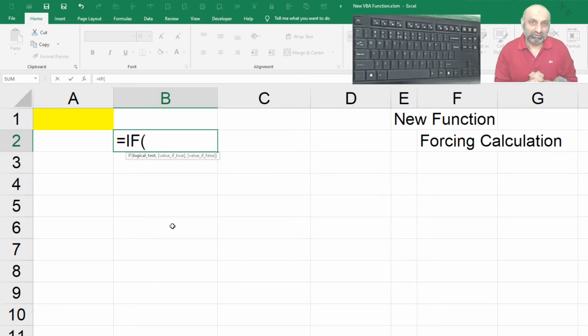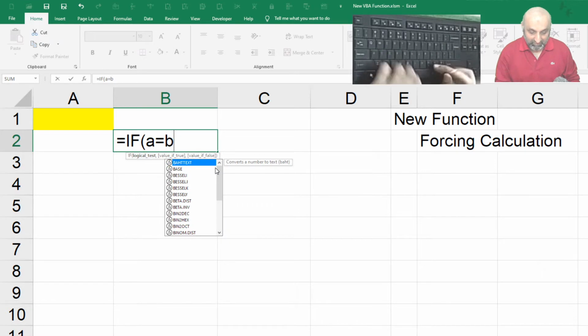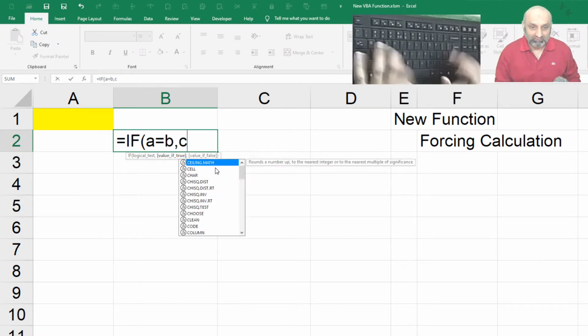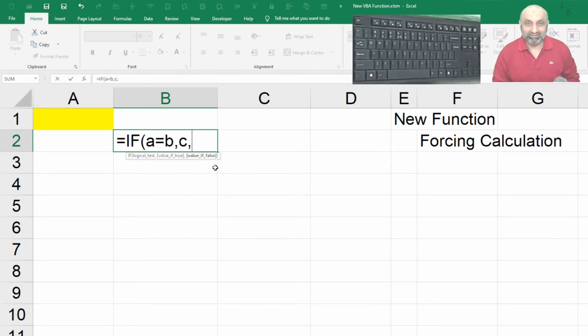The parameters of the if function are separated by a comma. Like if you can see, if logical test, comma, value if true, comma, value if false. So if A is equal to B, comma, then C, comma, then D. This is the syntax of the if function.